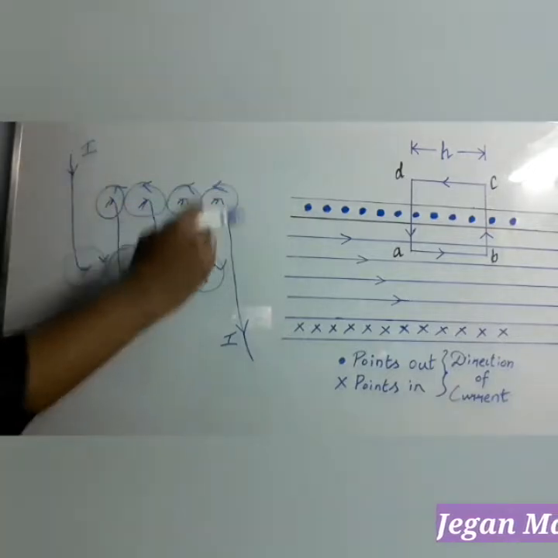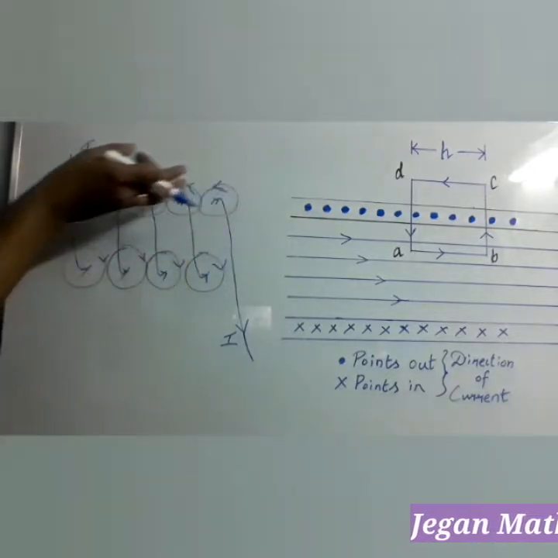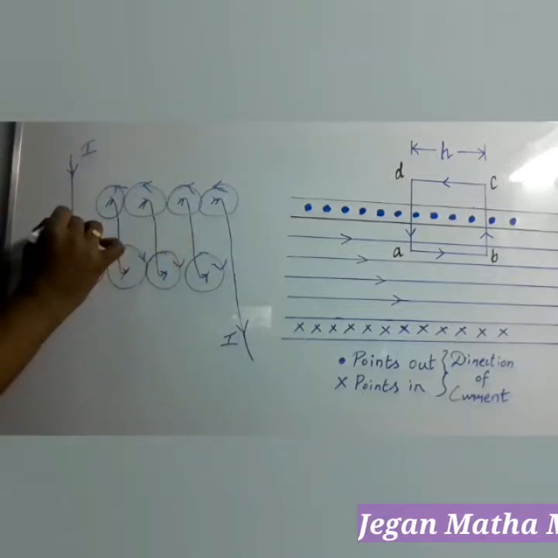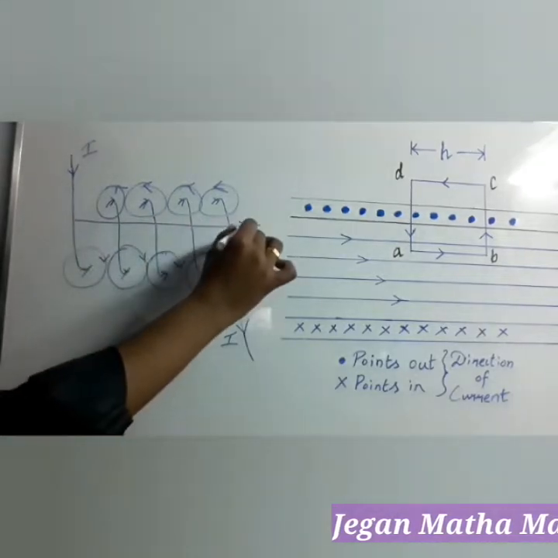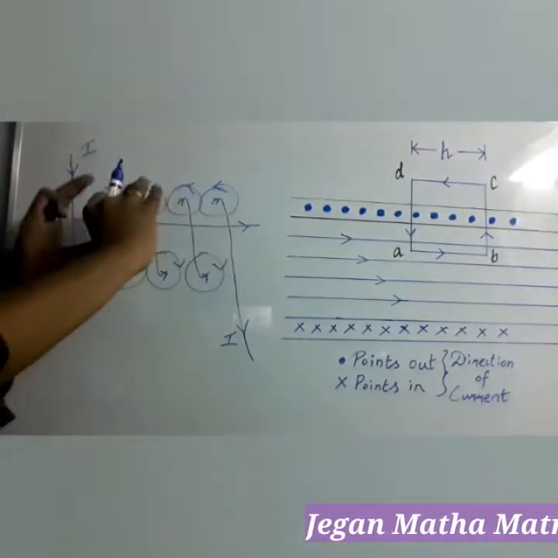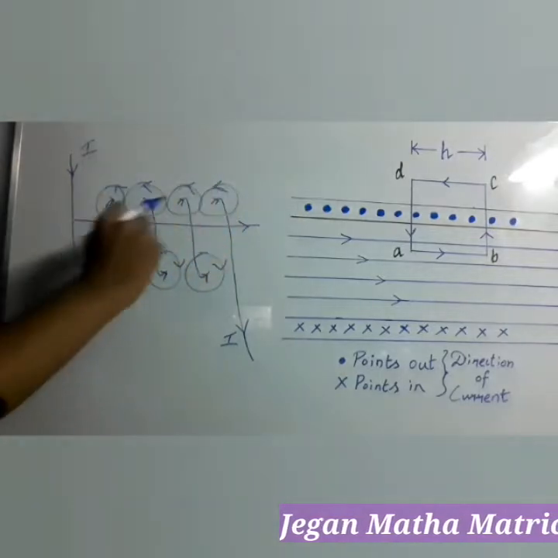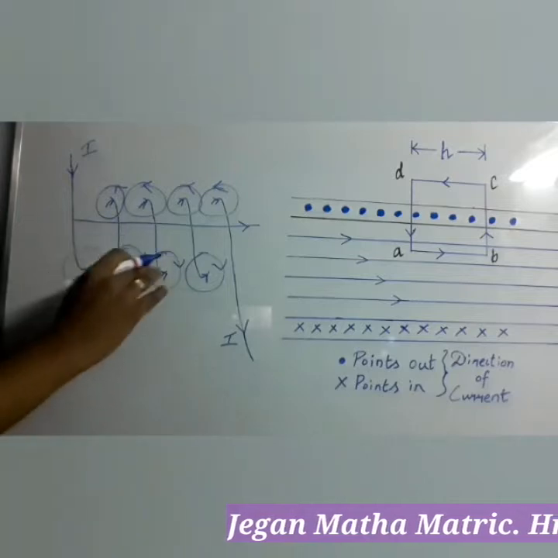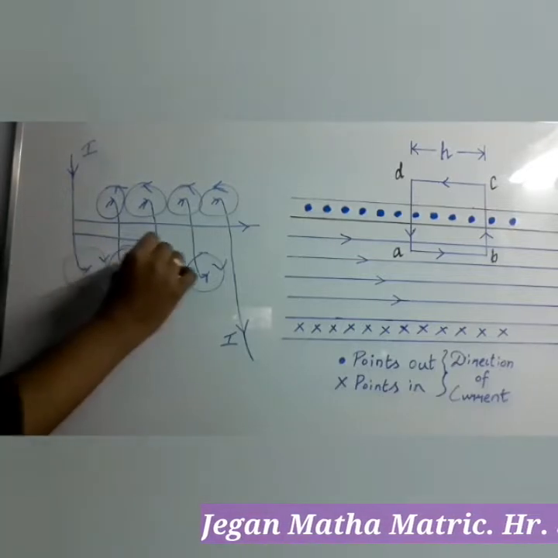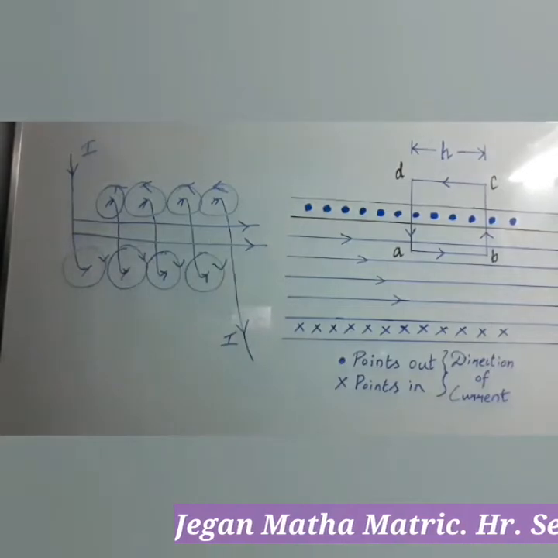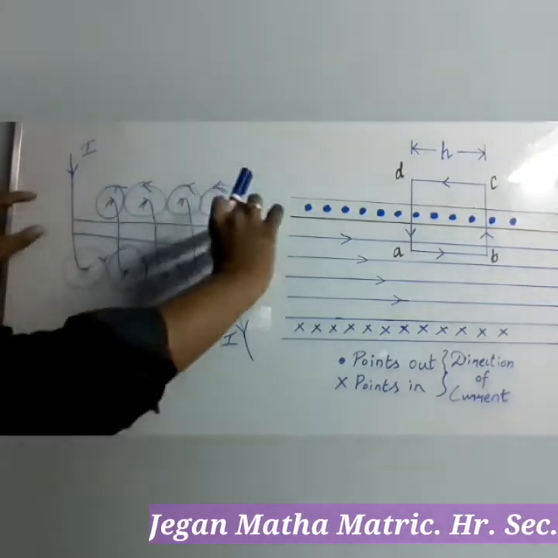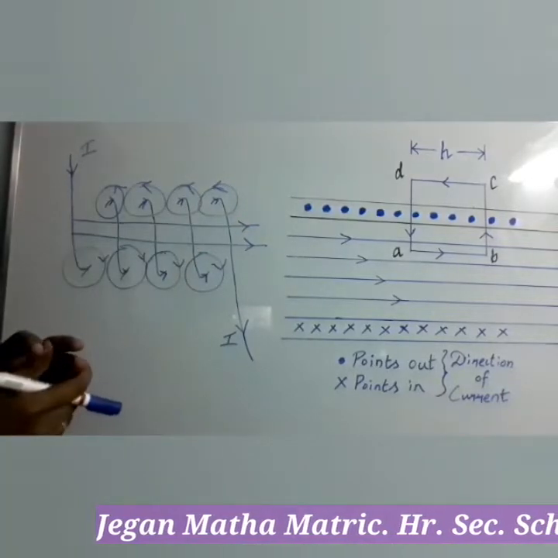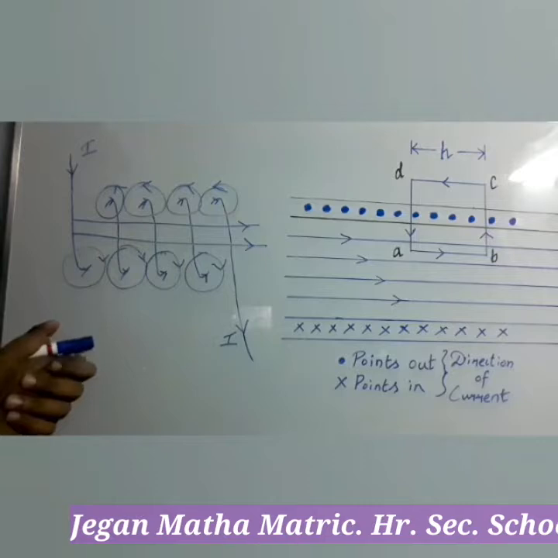Due to superposition, the magnetic fields produced in each turn can be added. So the magnetic fields at the top can be added and we get the resultant magnetic field like this. Inside the solenoid, the resultant magnetic field acts like this. Likewise, at the bottom, magnetic fields can also be added. The resultant magnetic field is produced inside the solenoid. So inside the solenoid, we have a parallel and uniform magnetic field.